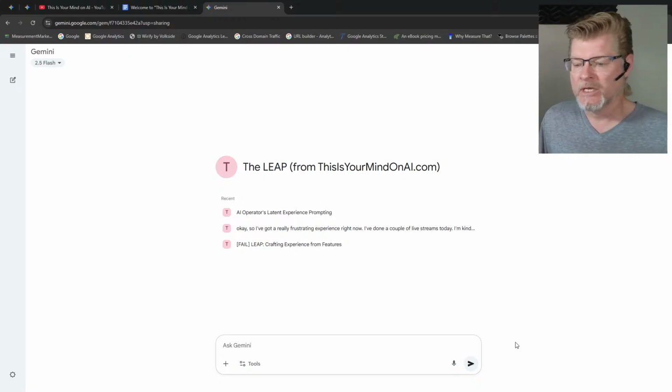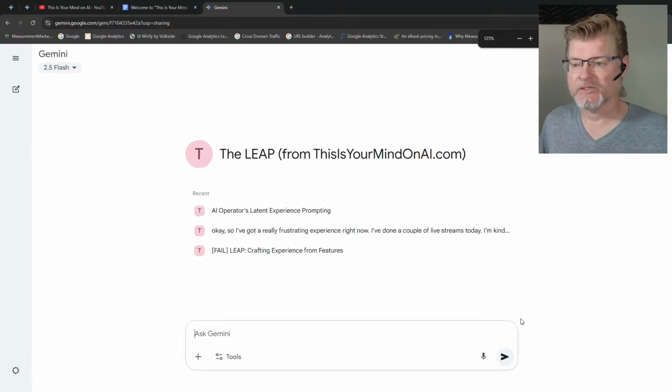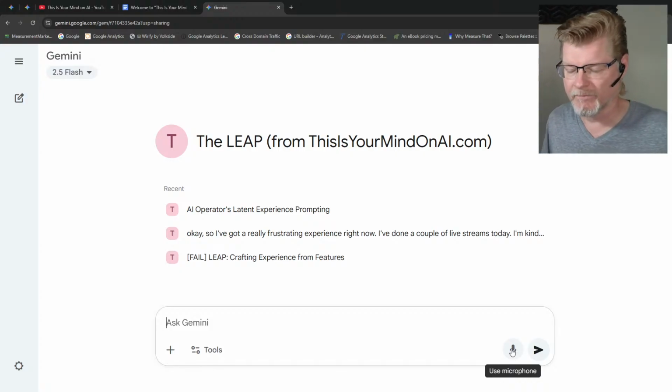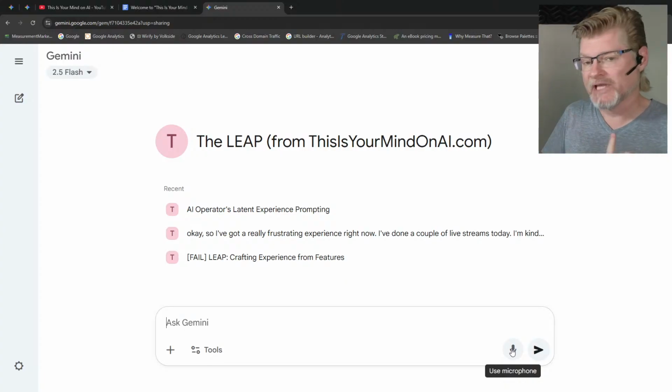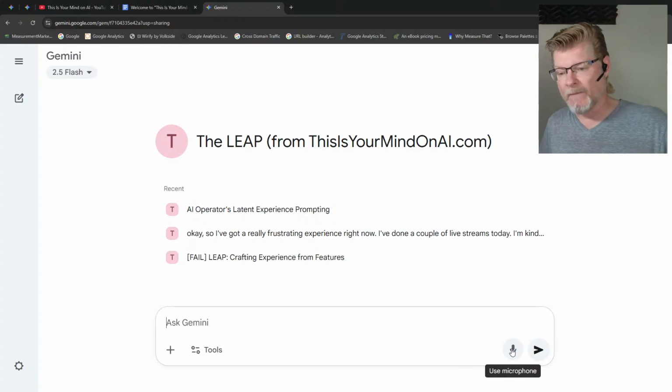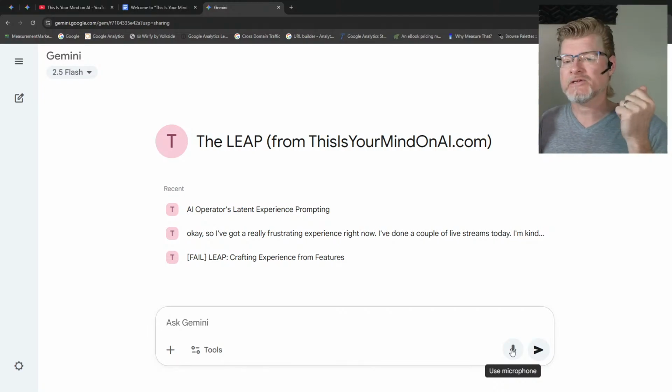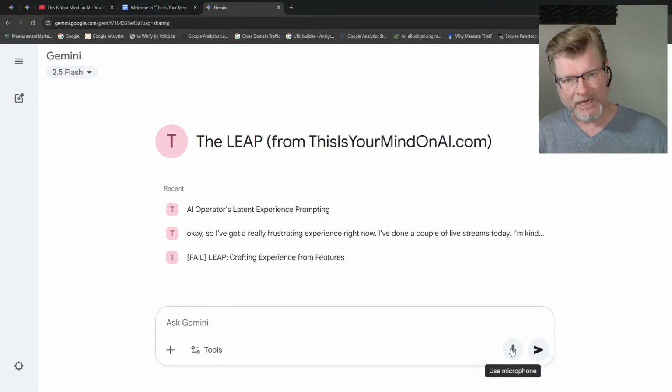All right. Let's give this a shot. I'm going to zoom in here a little bit, make it easier for everybody to understand everything. Okay, so we're going to do some latent experience prompting. Now, this, again, LEAP, it just stands for Latent Experience Automated Prompt. Essentially, this is a way of operating AI, and it's designed to give those shower-like moments where you're in the shower and all of a sudden you're like, oh, there's the idea I needed. Or you're walking in the park and all of a sudden you get the idea because you took a break and relaxed from trying to solve the problem over and over.